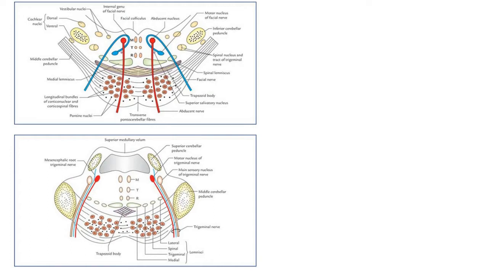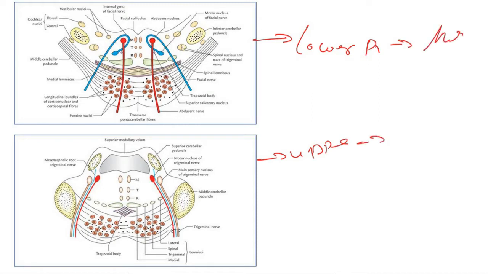What is the brainstem? The brainstem is made up of the pons, medulla, and midbrain that connect the spinal cord to the rest of the brain. So in this lecture, we will see the pons. The pons is a small topic, yet it is important. We will see the pons at two levels. The first is the lower part, and the second is the upper part. This is a part near the medulla, and this is a part near the midbrain.